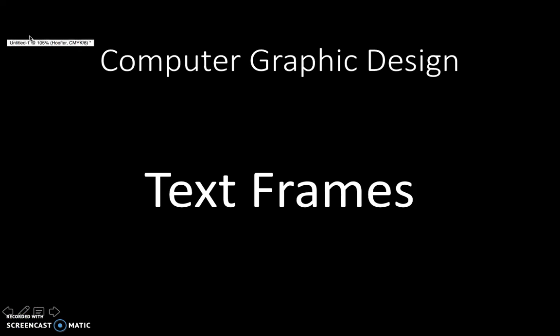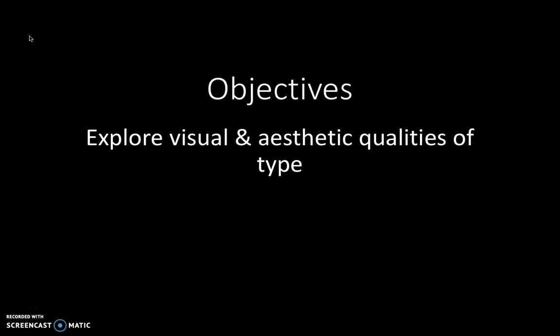So here we are ready to talk about the text frame project. First and foremost, the things that you want to know as far as the objectives for this assignment. Our goal is to explore the visual and aesthetic qualities of various kinds of type and also look at how objects can be used to play between both the positive and negative space as we are viewing this finished piece